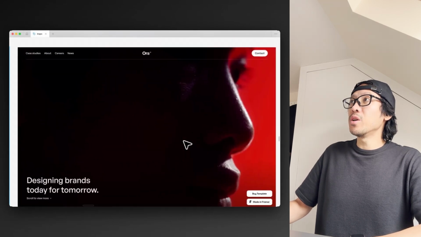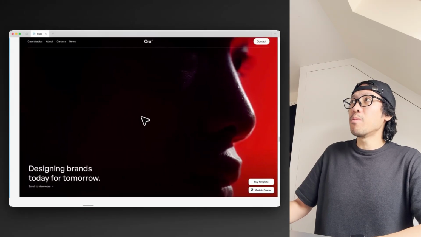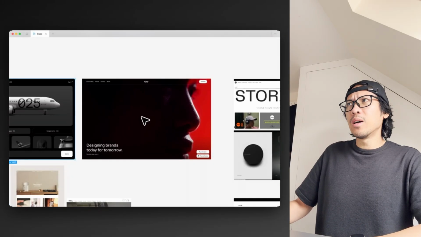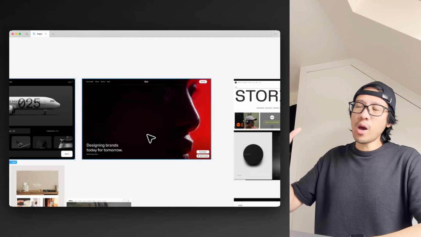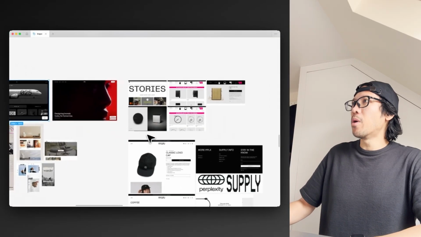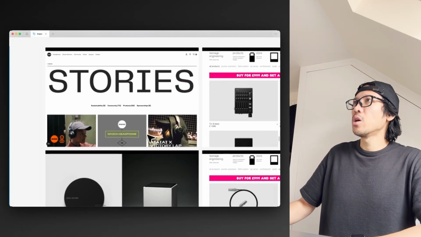And this is another really famous template called Aura. This is by the team, I think it's Enna. And they design really high quality templates. So this is really clean. But you want to try and be a bit different to what there is in the market. Okay, so here is